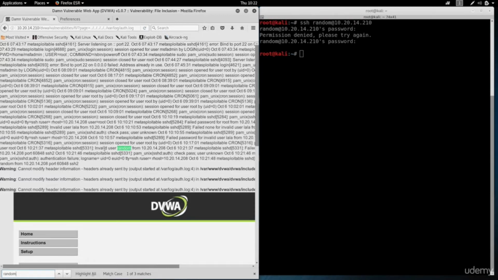And you can see here, it's telling us in the log file that someone tried to log in with the username random, and it actually has my IP address. It's recorded my IP address as well. So now we can read that file, and we can also write to the file by logging in with a non-existing account. So I'm going to try to log in again,